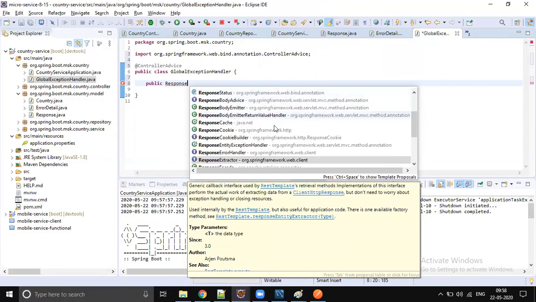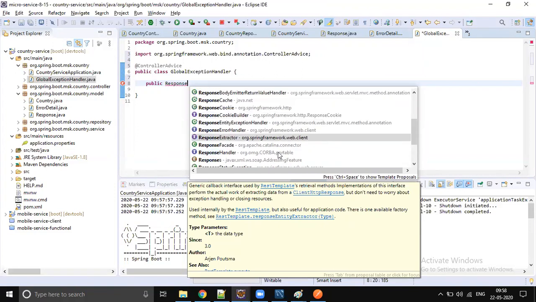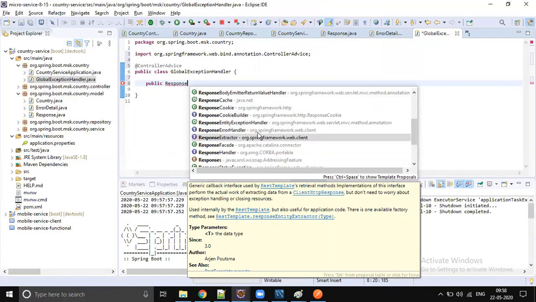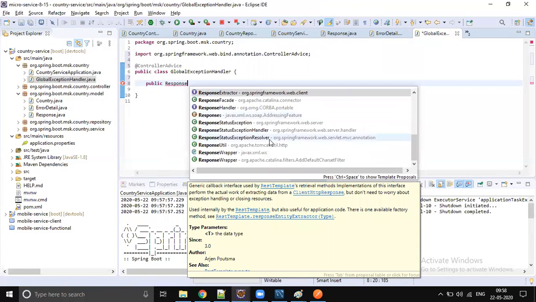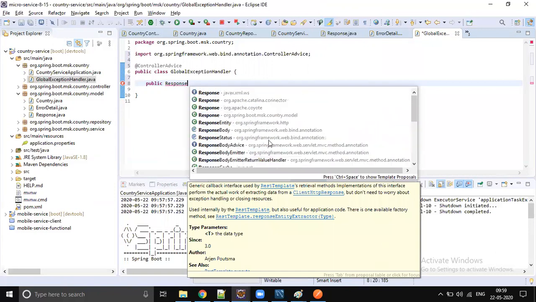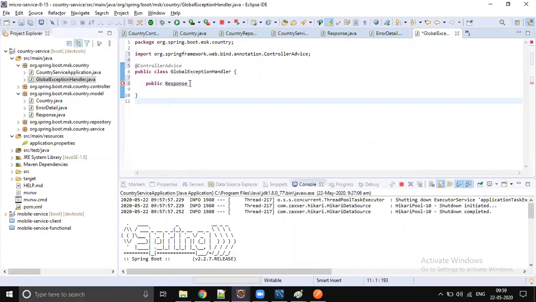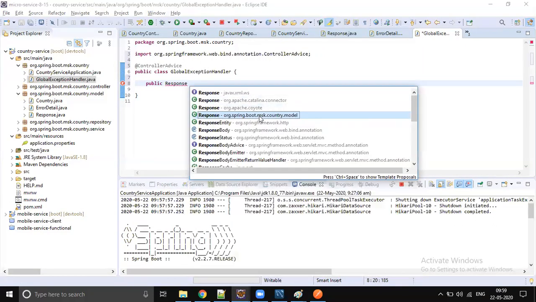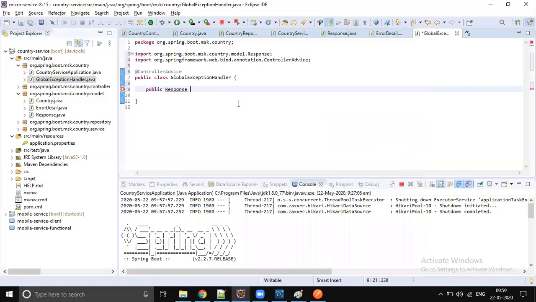Where is our response? It's in com.springboot.msk.country.model. So it's our Response. What exception will we handle?